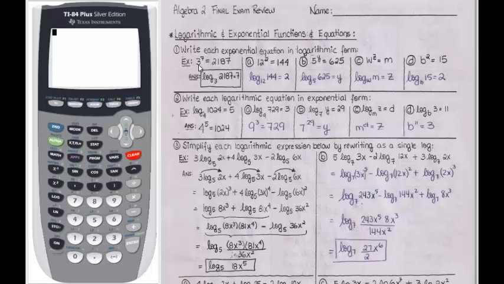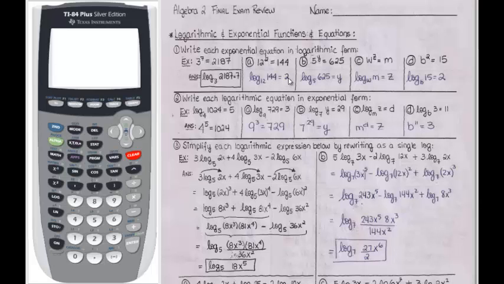Basically, you start with 3 raised to the 7th power equals 2,187. In order to change that to logarithmic, you write log, and the base is the big number right here, followed by the answer. The answer is 2187, equals the exponent. So base, answer, exponent. As you can see here, I wrote log of base 12, the answer is 144,